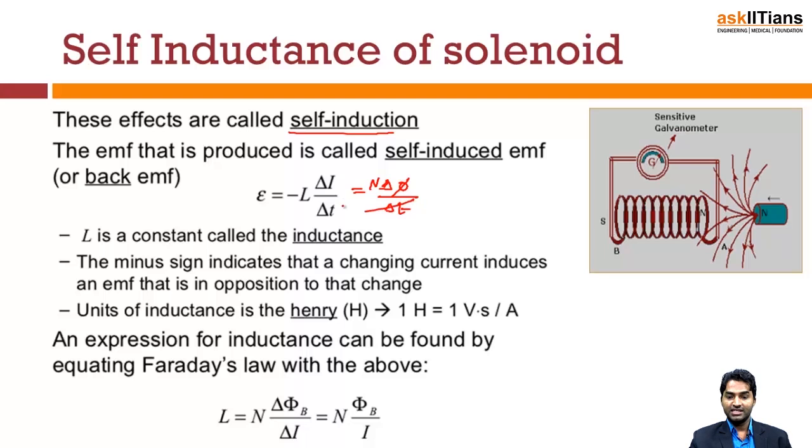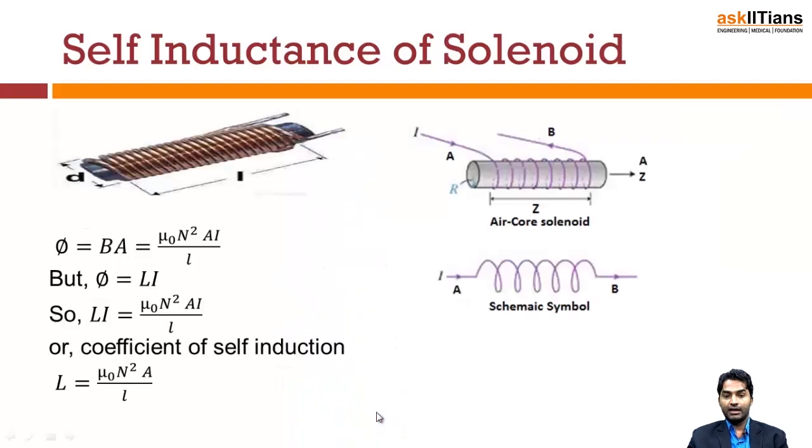So when we change this, finally we get L is equal to this relation, and it depends on the flux produced in the secondary coil. This is the magnetic flux due to the current, and N is the number of turns. So we get L is equal to N phi by I, and easily we can understand how to get the self-inductance of a